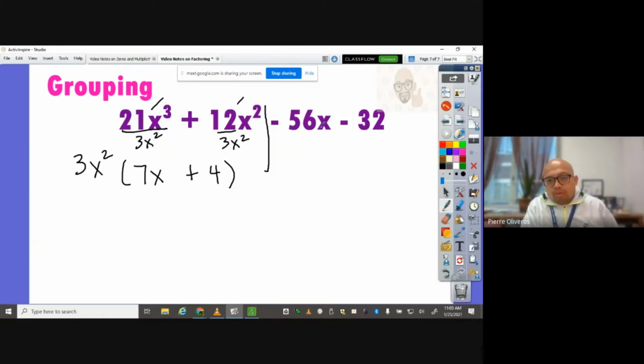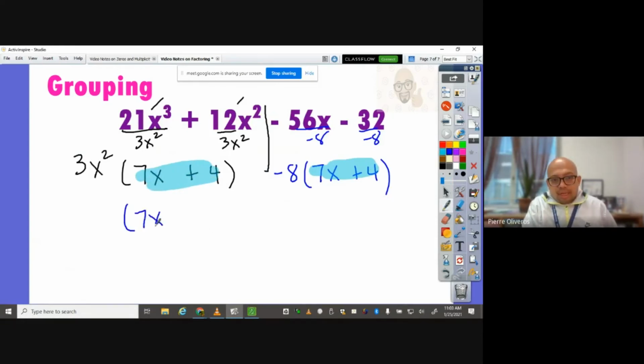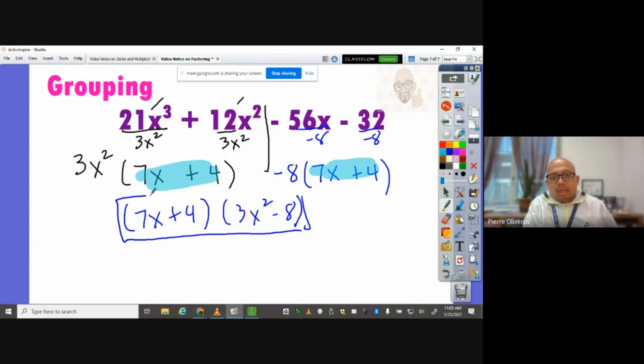What's common between 56 and 32? Both of them are divisible by negative 8. Divide by negative 8 here, divide by negative 8 here. Negative divided by negative is positive 7x. Negative divided by negative is positive 4. And again, we're right. This 7x plus 4, this 7x plus 4, they're the same. So it's going to be 7x plus 4, 3x squared minus 8. And that is how you factor by grouping. And as always,